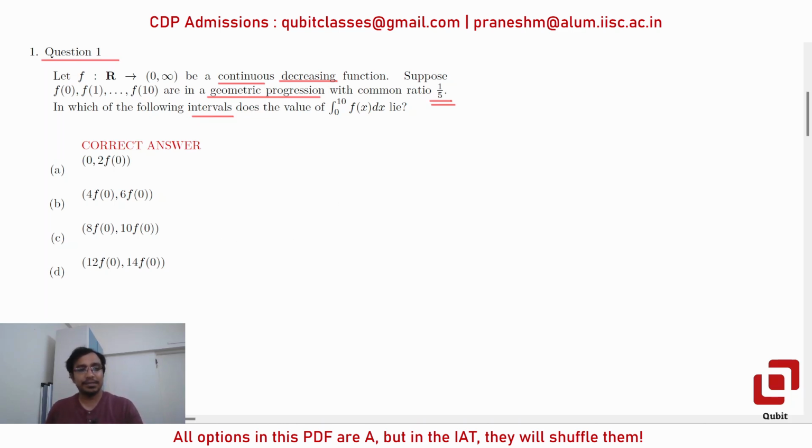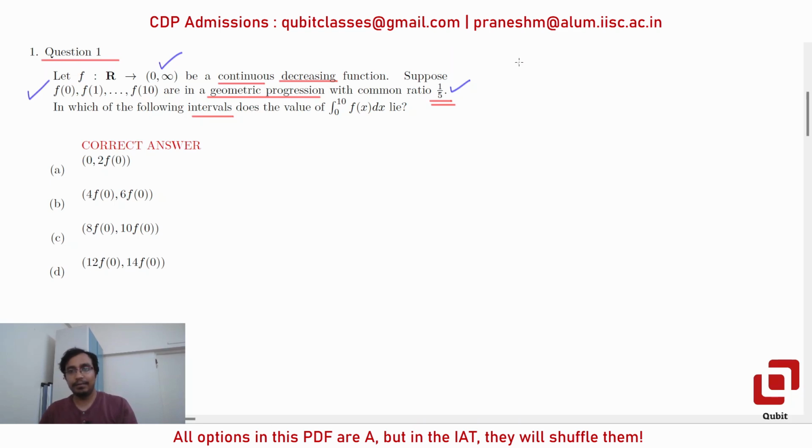What we have to make use of is the fact that these numbers f of 0, f of 1 up to f of 10 are in geometric progression with common ratio 1 upon 5, and secondly, the range of the function is a subset of the set of positive real numbers. Okay, 0 is not part of this, it is an open interval. So what we can say is